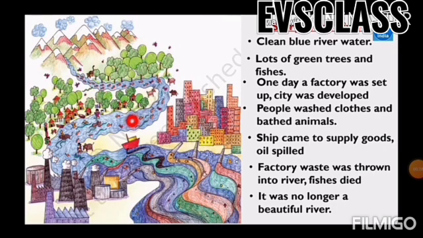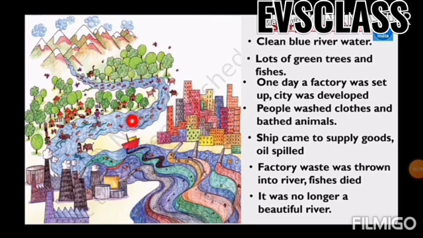What do you observe in this picture, students? Look very carefully. You observe the blue color of the river flowing through the mountains, and there are green trees and fishes. Look at the picture, and the number of fishes is reduced. In the middle, you see very carefully, the number of fishes is reduced. What is the reason for that? We will discuss the causes in this chapter, students.